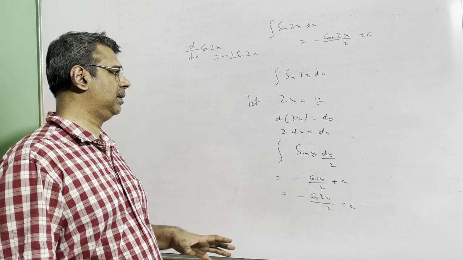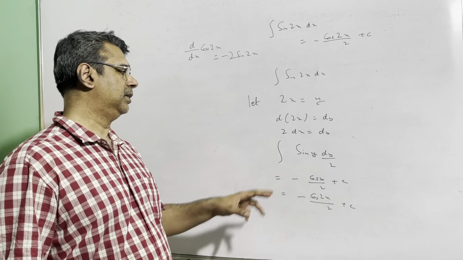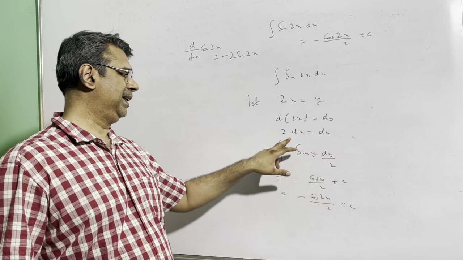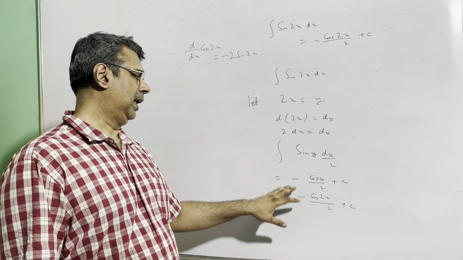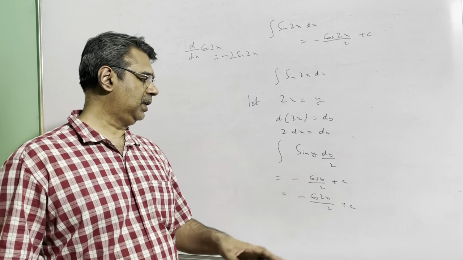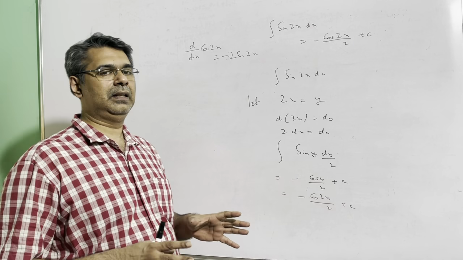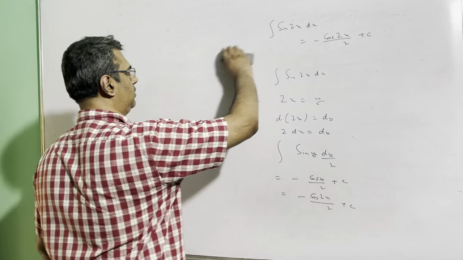So once again, what is substitution? You make a substitution and differentiate both sides. You replace the differential term based on this, and in fact the entire integration will change, and then you just proceed in the normal fashion, finally replace the variable. So this is setting the ground for substitution. Now let us formally see the method of substitution.